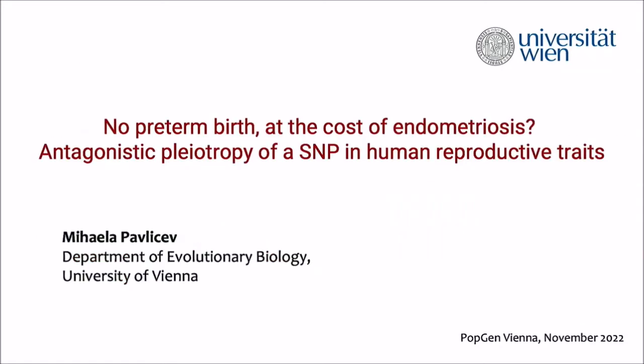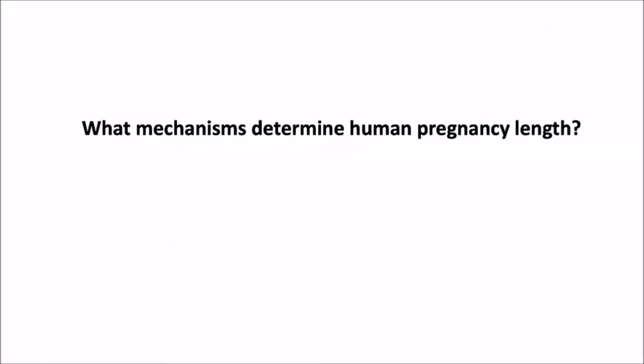Yeah, this is my title. So, no preterm birth at the cost of endometriosis: antagonistic pleiotropy of a SNP in human reproductive traits. So the way this study really started was